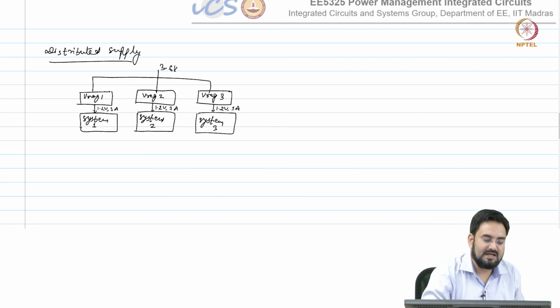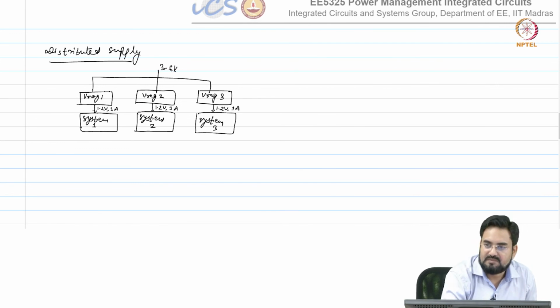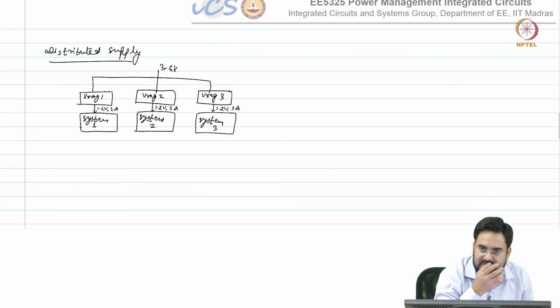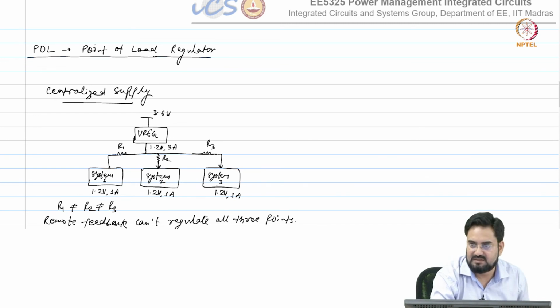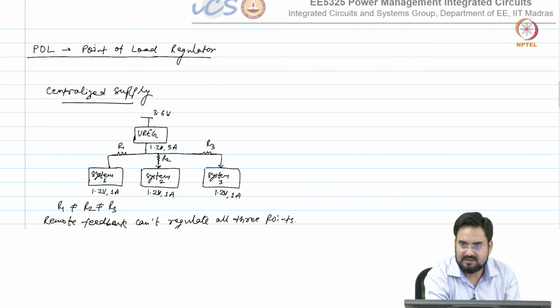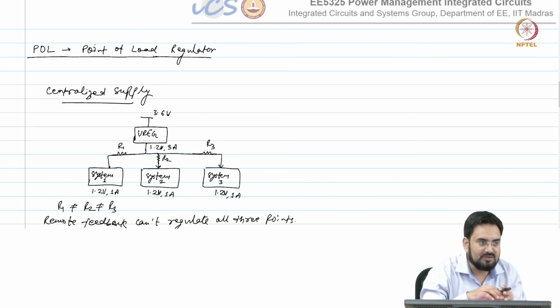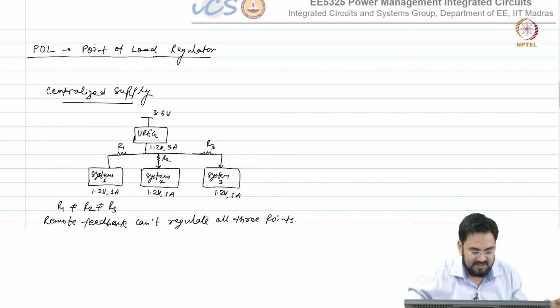Now, I can place these regulators as close as possible to my system. In the previous case, if you want to place it closer to the system, you can place it only closest to one of the 3 systems. Okay. In the best case, if you want to equally distribute, you will put it in the middle, so that your R's are equally distributed.